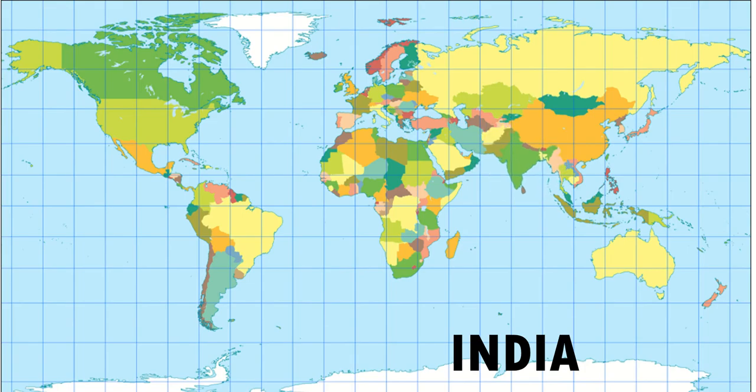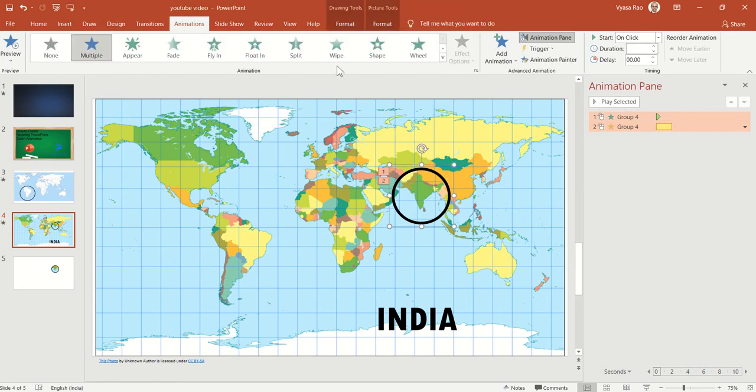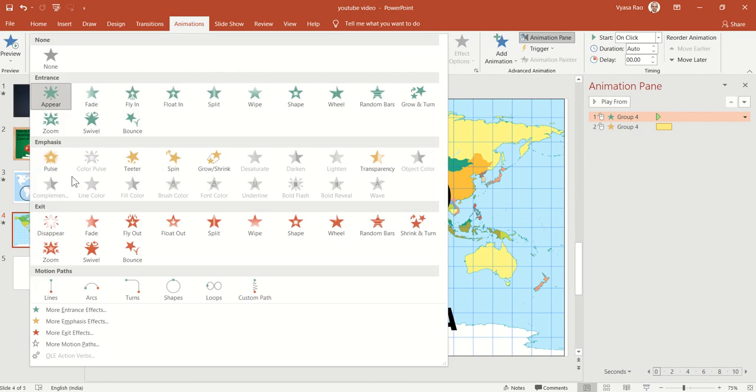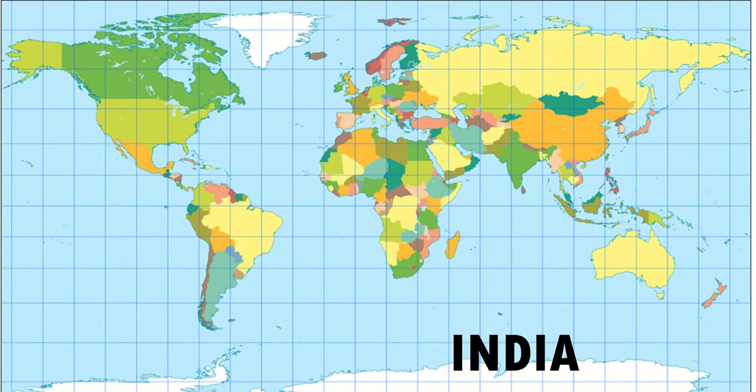So here you can see I am bordering it. You can use a specific animation to show that. The animation can be one of, which is wipe animation, so that is also a better one. So yeah, I want to show pinpoint India instead of just using my pointer or a pen like this. I will just point out. The thing I can do is,